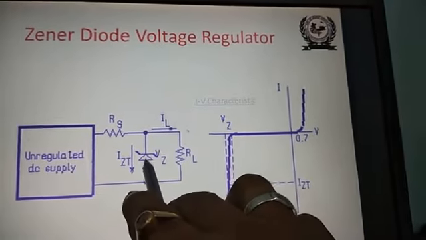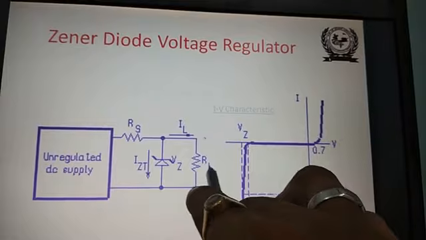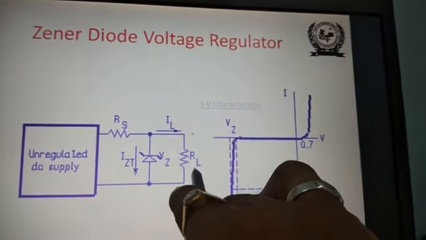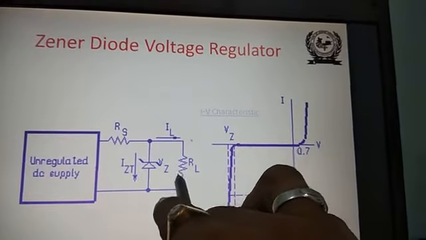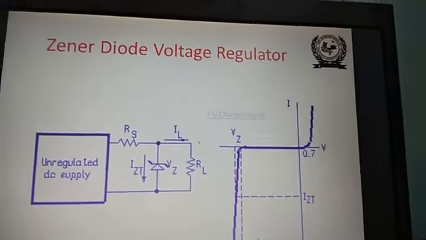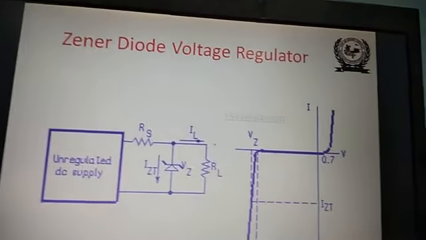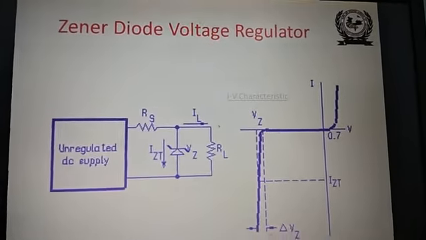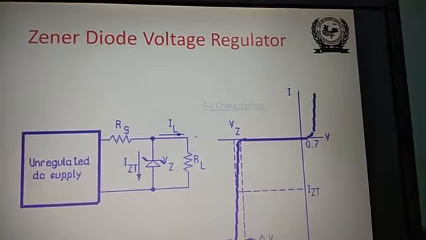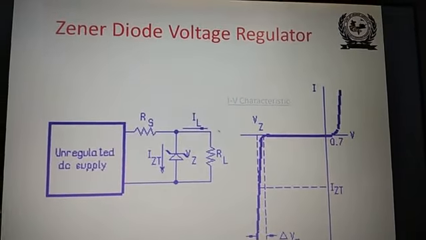Even then, this Vz across the Zener diode will be constant. Since this is in parallel with the RL, there will be no change in voltage across the RL. You will get the output equal to Vz, even if there is a change in the load current also. As IZT changes, IL also changes. But even if there is a change in IL, you will get the output Vz